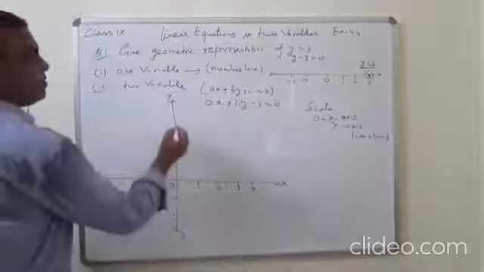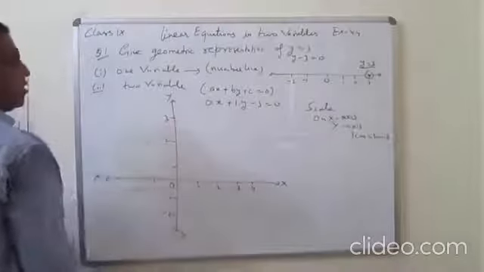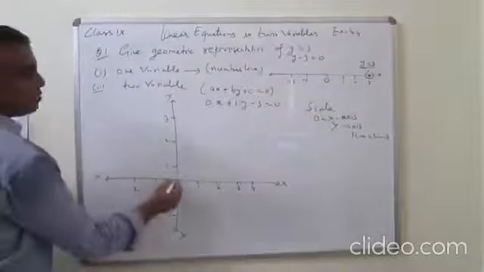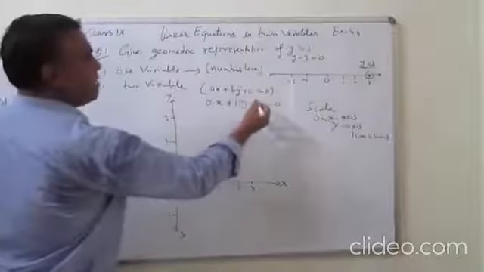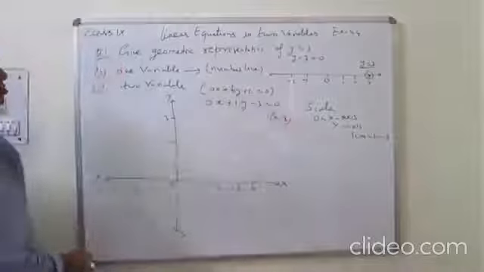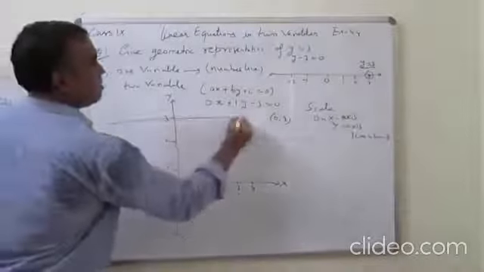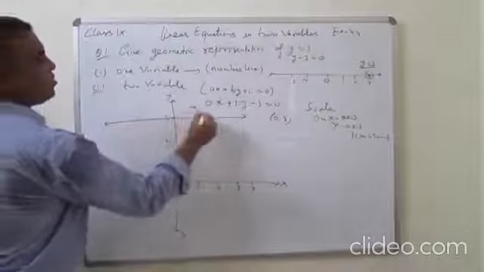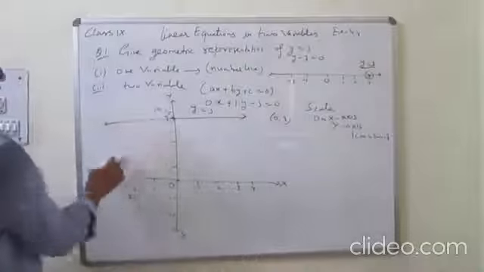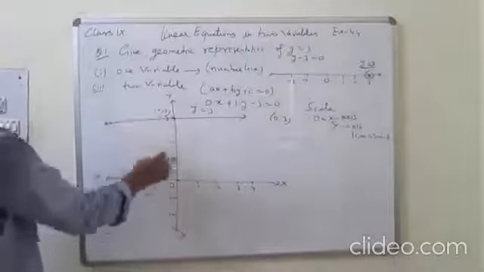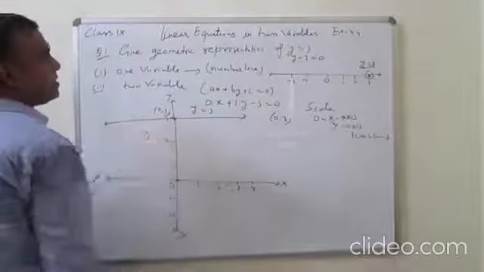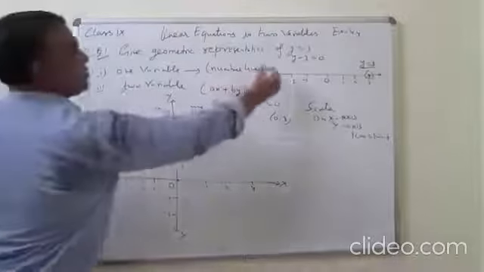Now add 3, go up to 3. Now the line we have to draw is y is equal to 3. x is 0, meaning which point do you have to plot? y is equal to 3, so it is 0 comma 3. x is 0. So this is the line y is equal to 3. This is 0 comma 3. Here 3 is fixed, but x coordinate is changing. 3 is fixed. That's why it is a line parallel to x-axis. It is 2 variable and it is 1 variable.